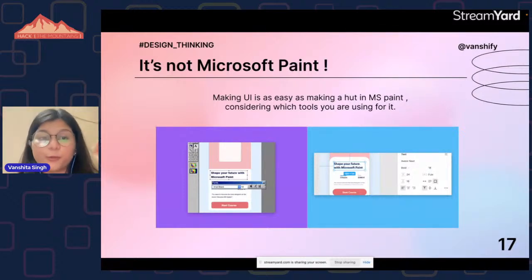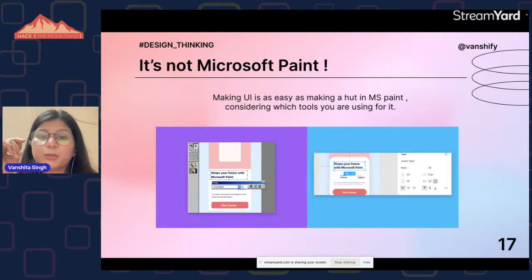See, I told you. The example here shows that you can make a UI in Microsoft Paint as well. You can draw the same structure on Microsoft Paint, and here's a snapshot of Figma. But what is the difference? The result is the same, right? Here, the user experience differs. Microsoft Paint doesn't give the good user experience that Figma gives.